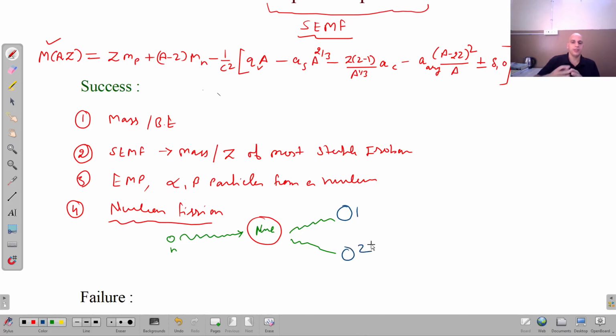This is nuclear fission. If we understand it in this way, and I'm drawing a rough picture of it, when we target a heavy nucleus with a slow moving neutron, that neutron enters inside the nucleus and sets up oscillations inside the nucleus. It is going to deform the shape of the atomic nucleus. Instead of spherical, its shape becomes ellipsoidal, and if the oscillations are very high and the energy supplied by the